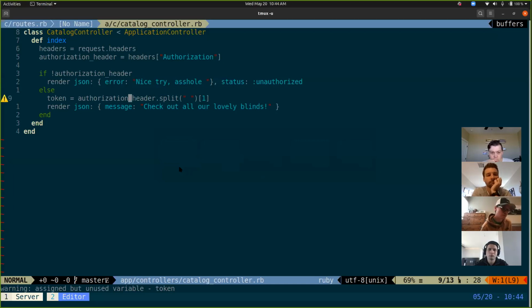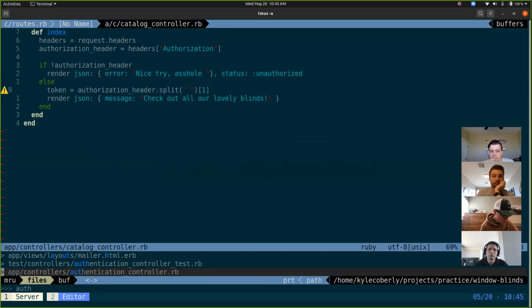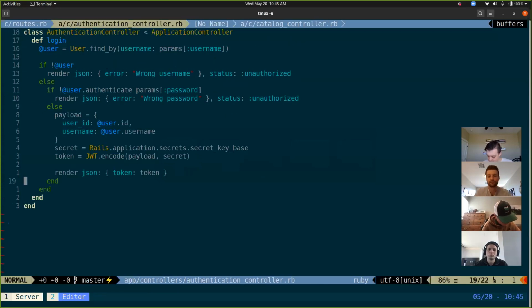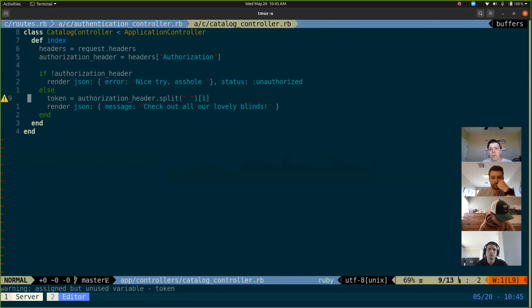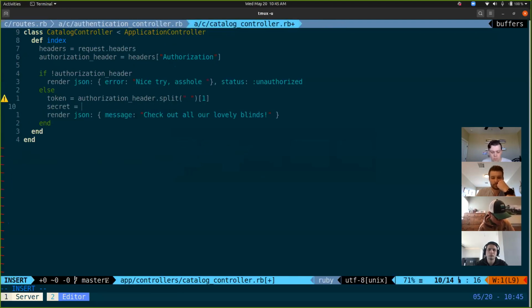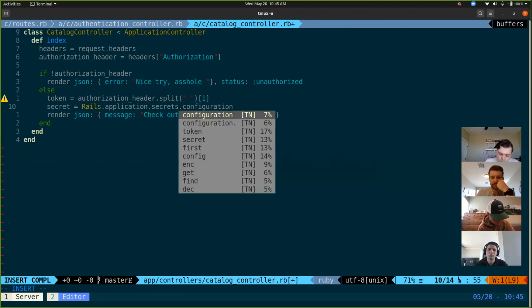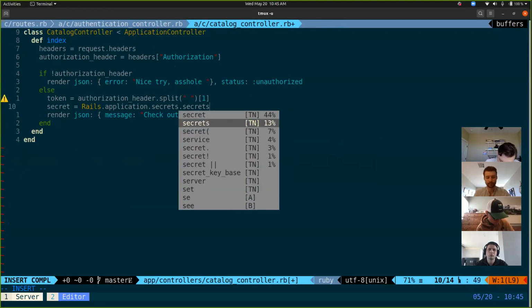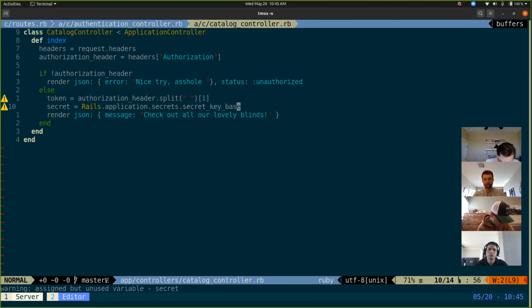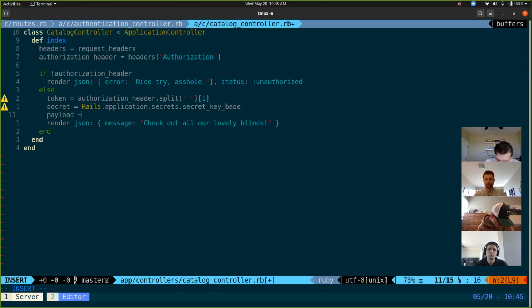Now we want to decode that token. So this is the exact opposite process we went through in our authentication controller, where we took a secret and a payload, and made it a token. Now we want to take a secret and a token and make it a payload. So we'll grab our secret again, rails.application.secrets.secret_key_base, and make our payload